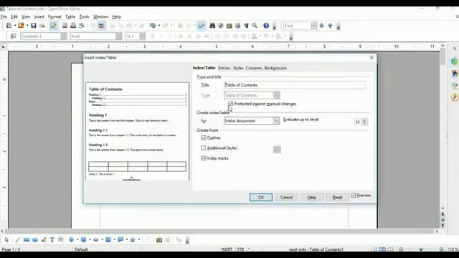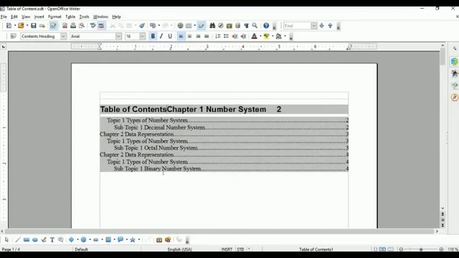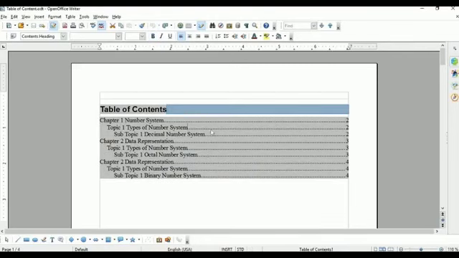See this concept. Protected against manual change: this time it is enabled, which means it is protected. Nobody will change it. Now remove this checkbox. Now it is unchecked, and then click OK. Now after that, press backspace. See the changes. Now when I press the backspace key, it will change. Why? Because this time it is not protected. Is it clear?